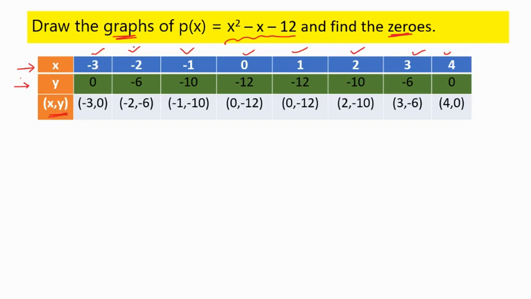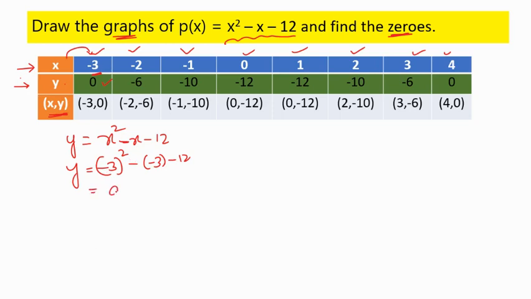You have to take the points as x comma y. So when x is minus 3, y value is 0. How we got 0, I will explain. We have to represent the quadratic polynomial as y is equal to x square minus x minus 12. Now we will replace x value as minus 3 in the quadratic polynomial. So it will become minus 3 square minus of minus 3 minus 12. As x is minus 3, I am replacing minus 3, with the minus symbol as it is and the x value of minus 3. Be careful when you are replacing negative values.